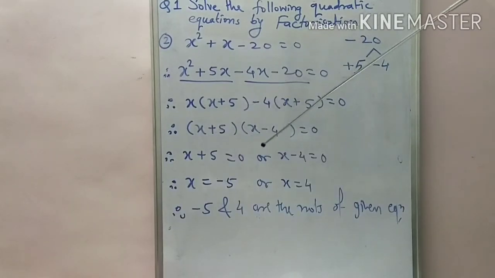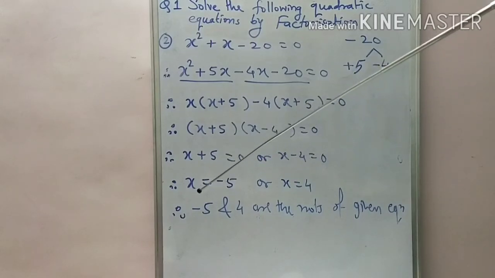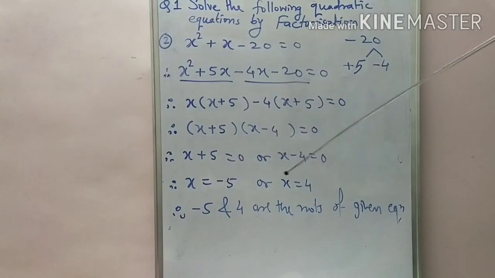And then next steps, as we are very familiar, either x plus 5 equal to 0 or x minus 4, that second bracket value is 0, means that the values are x equal to minus 5 or x equal to 4, which are the roots of the given equation. Okay,